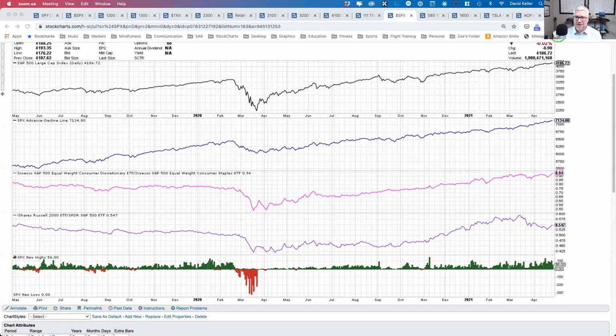So overall, you have the S&P price going higher. That's one positive. You have the advanced decline line making new highs. That's positive too. You have the equal weighted consumer discretionary over consumer staples making a new high. That's a thumbs up. Small caps underperforming, not a thumbs up. That's sort of a negative. And then finally, you have S&P new highs expanding pretty nicely. Overall, a healthy amount. So 4 out of these 5 are really indicating a strong market environment. The one that is not is less horribly negative.